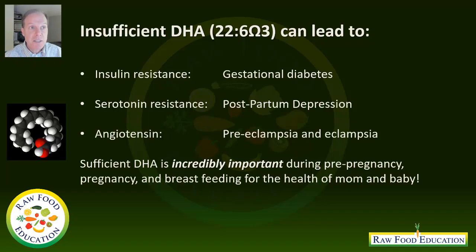So sufficient DHA is incredibly important during pre-pregnancy to build up your reserves, pregnancy, and breastfeeding for the health of mom and baby. We want baby's eyes to work well. We want baby's brain to work well. We want to maximize their IQ. We want to help those hormone receptors like serotonin work well so baby doesn't end up with ADHD and temper tantrums and excessive behavioral problems that they don't need to have if they